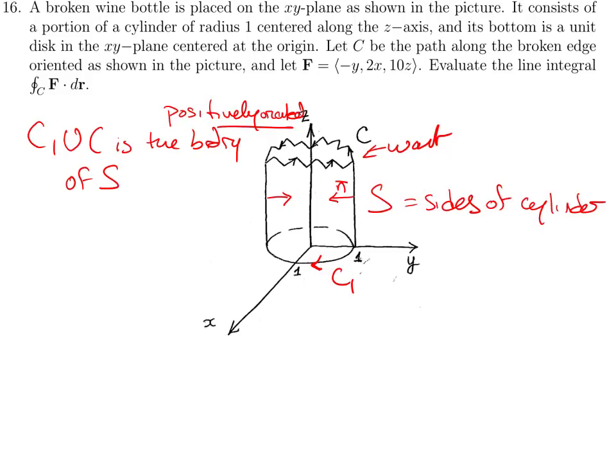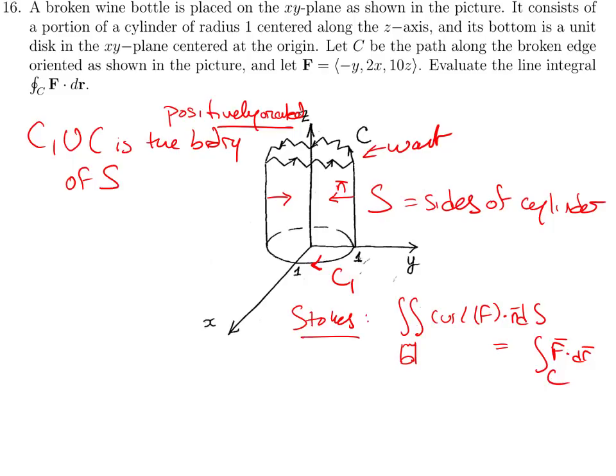So Stokes' theorem says that the flux integral across the whole cylinder, across the surface S including the base, of the curl of F dot dS, is equal to the work integral of the vector field around C. Stokes' theorem also says that the double integral just of the base of the curl of F dot dS is equal to its boundary. And let's orient this one going